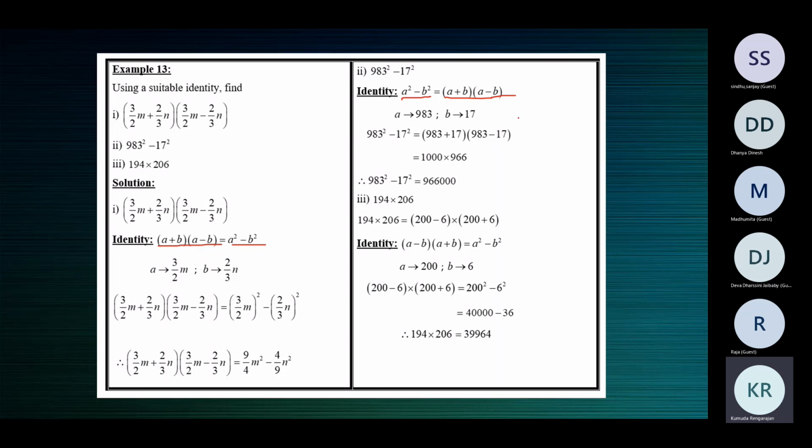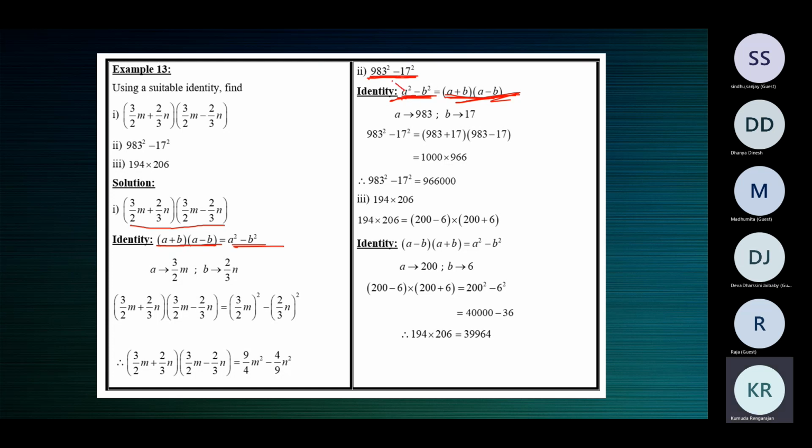The thing is, we write it like this. We write the question part first. Now the given question is of the form a plus b into a minus b. So we write the question side first. A plus b into a minus b is a square minus b square. Here, the question is like a square minus b square. So we write a square minus b square is a plus b into a minus b. The question looks like a square minus b square. So the answer will be a plus b into a minus b.